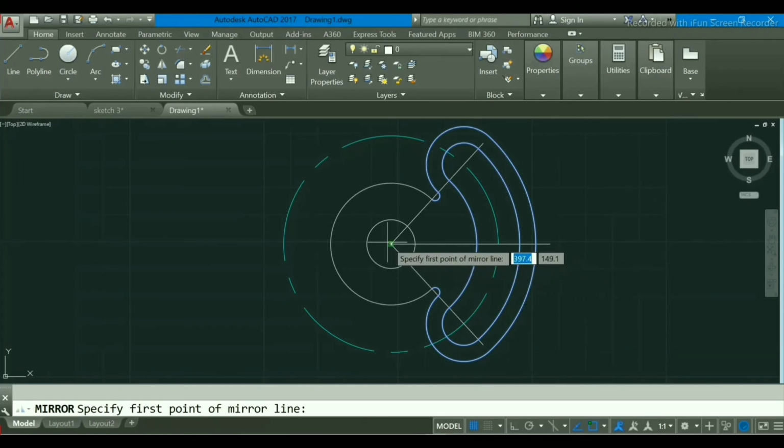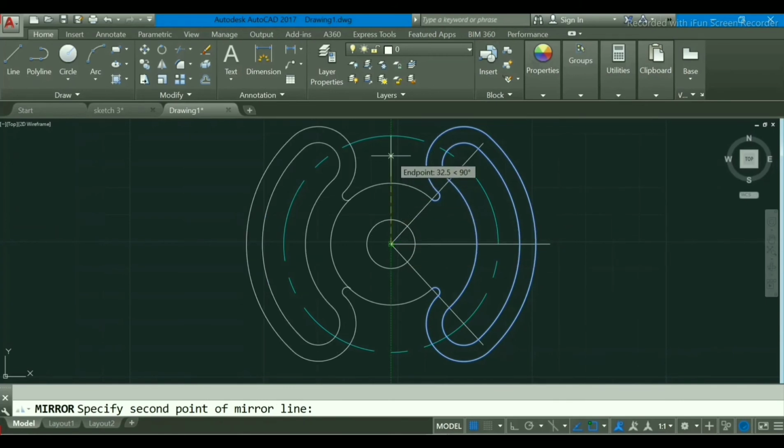Select the endpoint and be sure to make this mirror horizontally by dragging this and selecting up to this quadrant, and erase source will be no. So as you see here, we have created another section also, we just have to trim it.